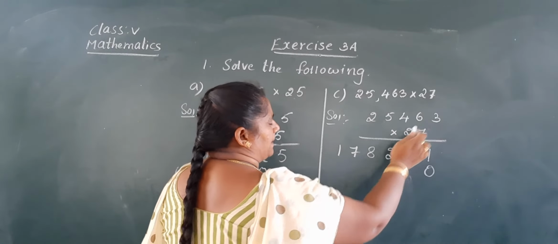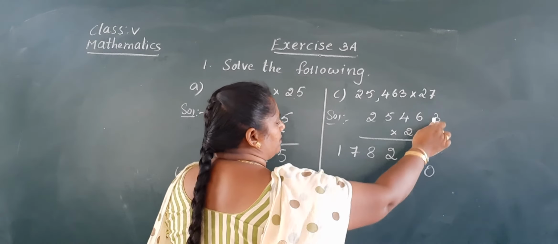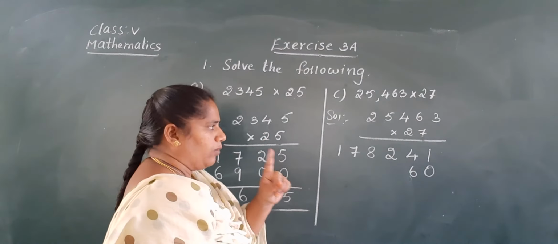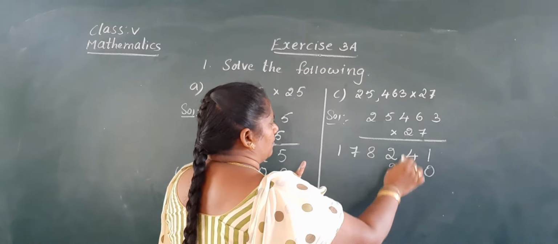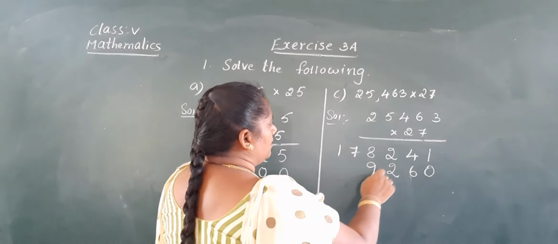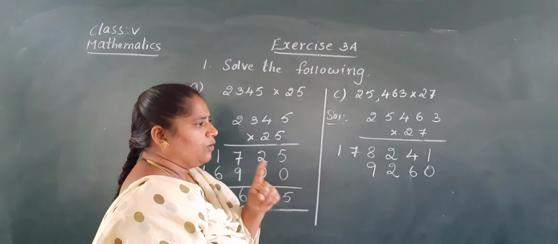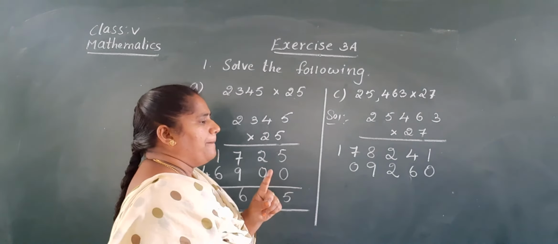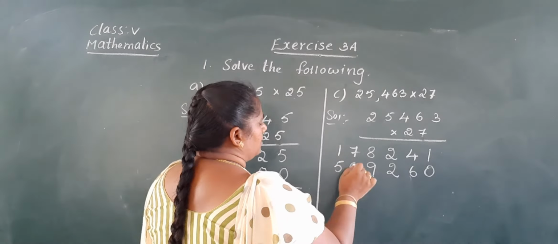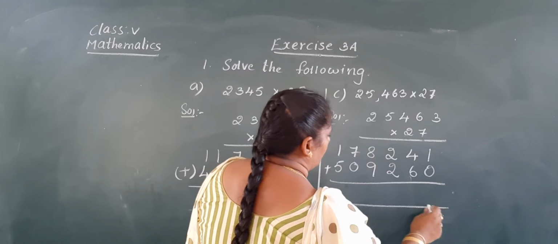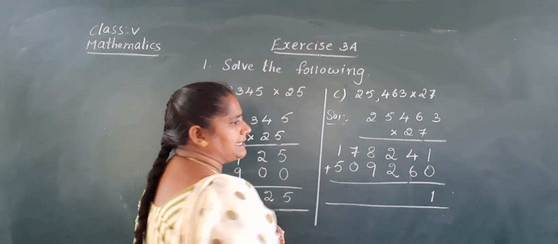Start at the tens place number. It is 2. 2 3s are 6. 2 6s are 12. 1 in hand, 2 is down. 2 4s are 8 plus 1, 9. 2 5s are 10. 1 in hand, 0 is down. 2 2s are 4 plus 1, 5. So over, now we add these products. 4 plus 6 is 10.